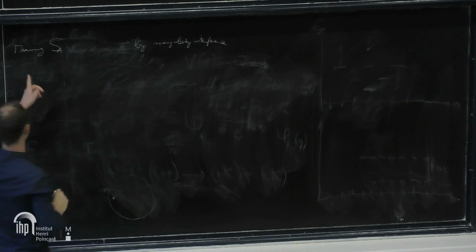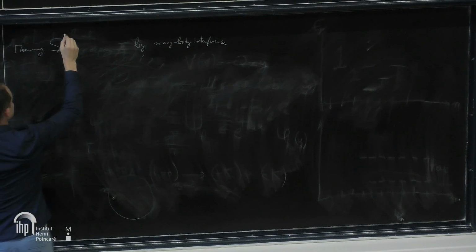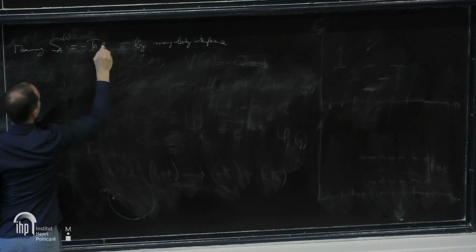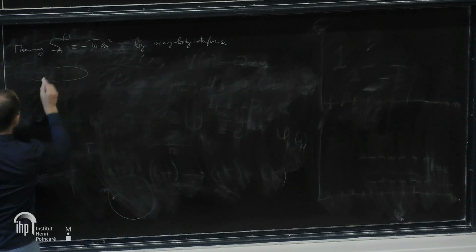So actually what we can measure, what I will sketch, is not really the same entropy, it's rather the Rényi entropy, which is minus log of trace of rho A squared. So it's not the same entropy, but it's maybe related, and maybe it has the same behavior, and it could be used to find the topological entropy. To measure it, the idea is the following. You prepare two copies of the same system,